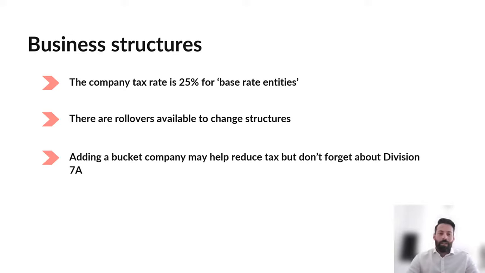The other thing you could do is, rather than change the whole structure, in some instances, you can just append a bucket company. So that might work where, let's say you operate your business out of a discretionary trust. Rather than distribute the income in that year to individuals, you might choose to distribute some of it to a bucket company, and subject to satisfying what we call the base rate entity rules, you could use the 25% tax rate. Now, again, there are some complications with that, and there are some consequences if the money doesn't go to that company. So anytime you're talking about business structure, get some advice.